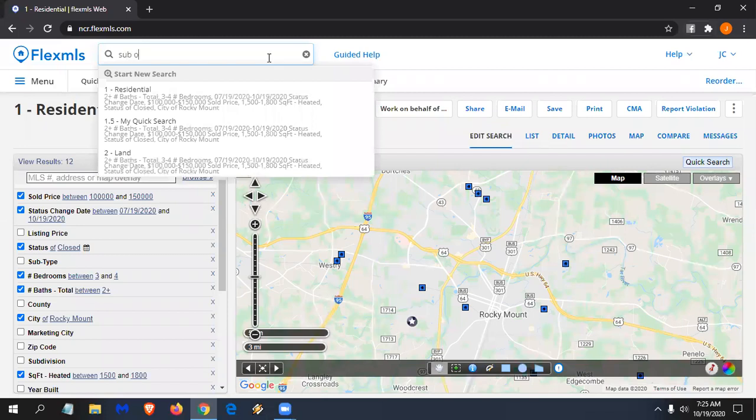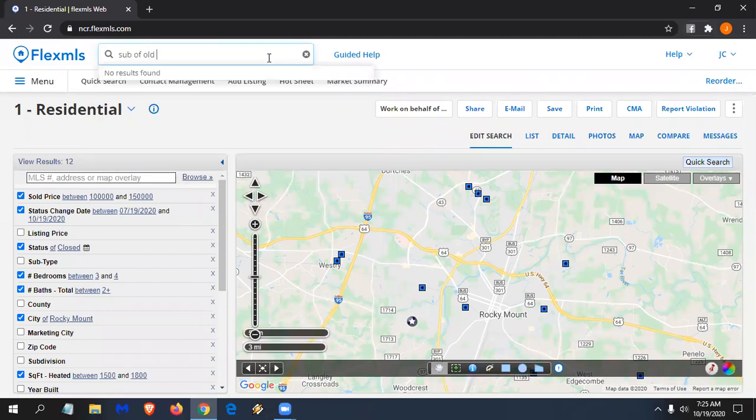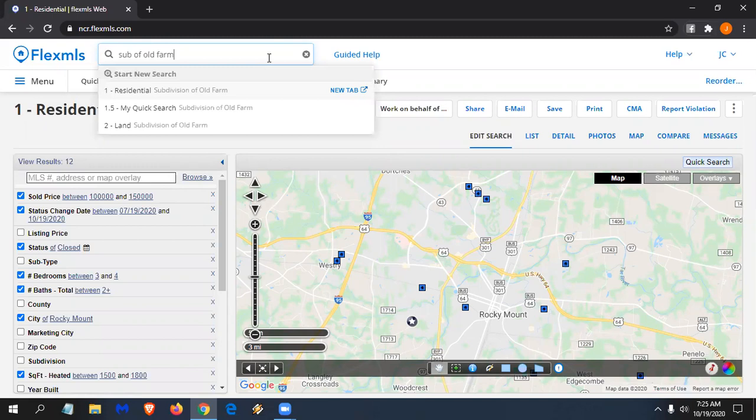So I just want to try something. Sub of Old Farm, one of those properties was in the subdivision of Old Farm. I can do a subdivision of Old Farm. That is a location, just like a radius is a location or a city is a location, however you want to do it. So what I mean by that is, why don't I just see everything that's closed within the